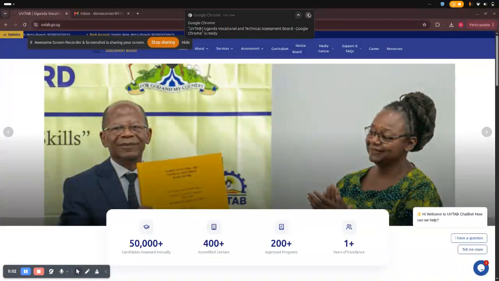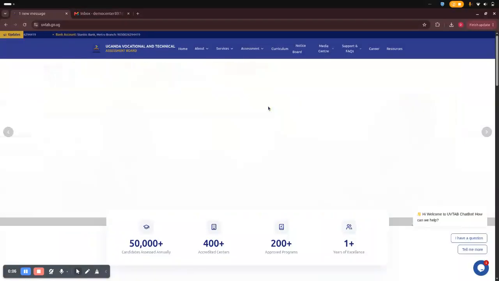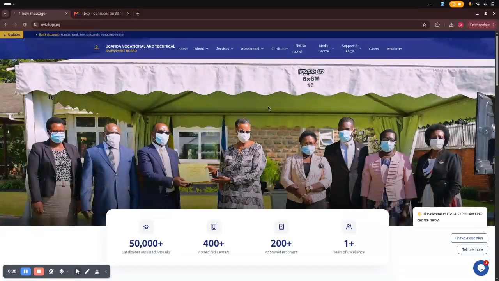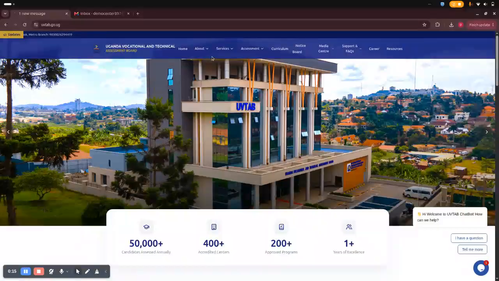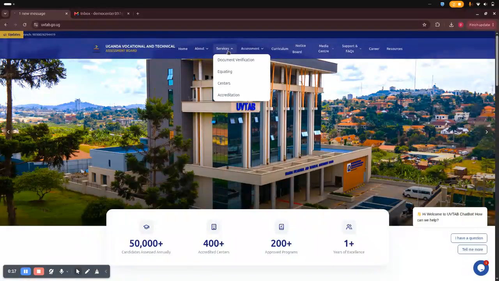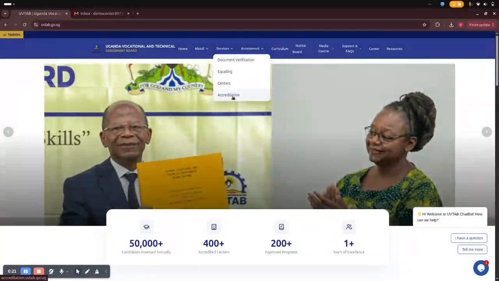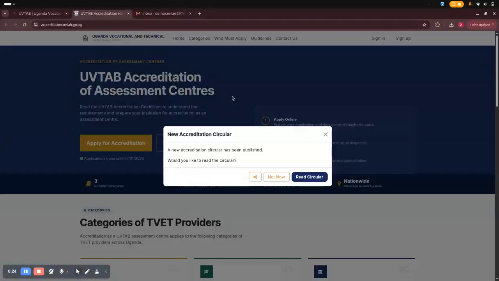Hello everyone. In today's tutorial, we are going to look at the online accreditation of assessment centers. So once you go to the UVTAB website, which is under uvtab.go.ug, under the services section, you'll find a menu item for accreditation. So once you click the accreditation menu item, you'll be redirected to the accreditation portal, which is at